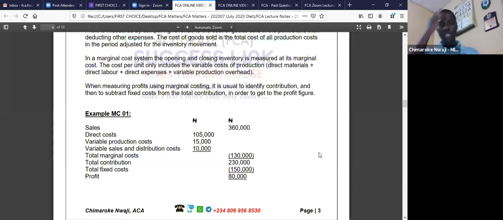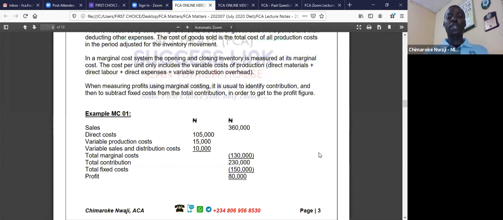So what you are doing is, after your sales, the next thing you are trying to do is to extract all your variable costs wherever they can be found. So all your total variable costs, you can see here, is total marginal cost. We say it's variable cost. When you add your 105 plus 15 plus 10, you are getting 130. So we say contribution is sales minus variable cost. So we do your 360 sales up there minus your marginal cost of 130, you get 230 as your total